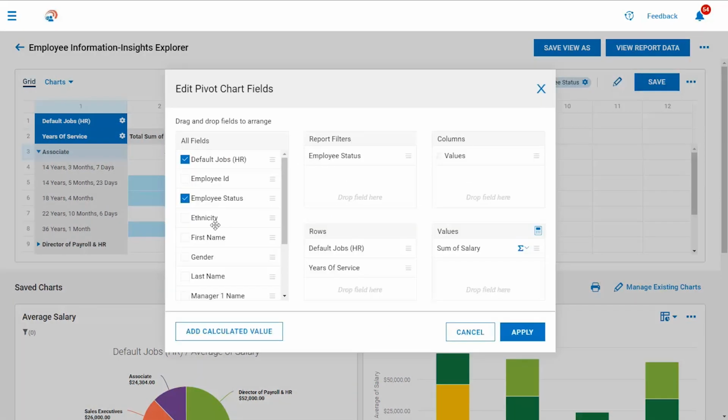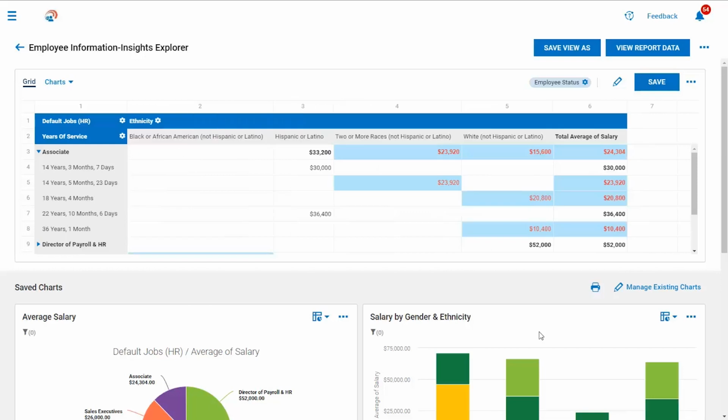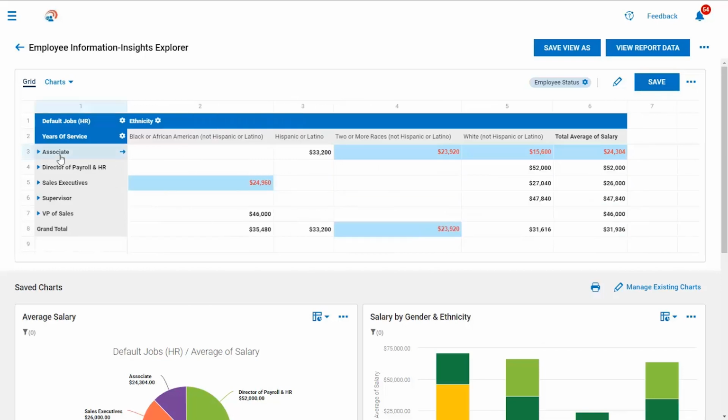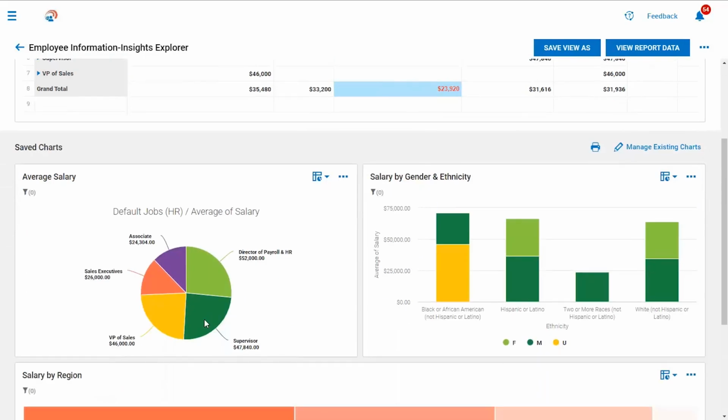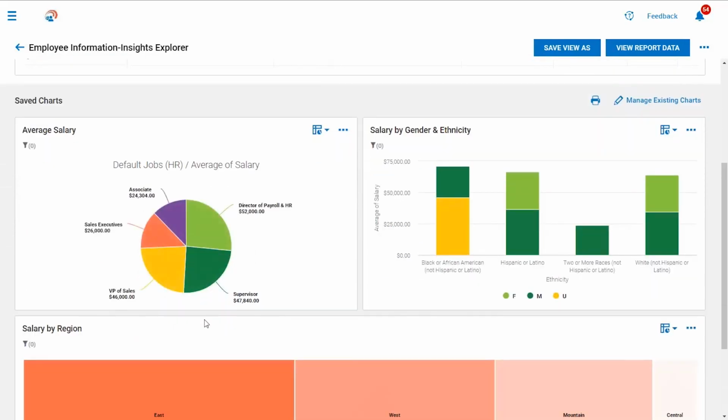I'm going to add ethnicity as a new column within my report. And rather than seeing the sum of the salary, I would like to change my calculation to look at the average salary. So now I can get a breakdown of pay across different racial or ethnic backgrounds, again, highlighting those average salaries that are under $25,000. So now looking back to my pie chart, I can change my data set to look